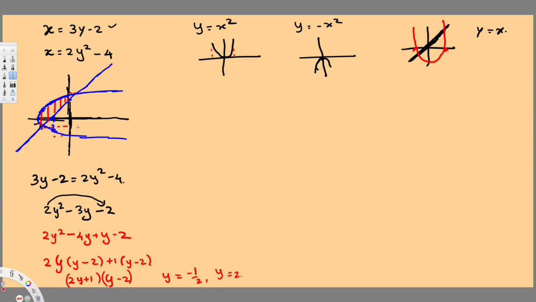So here this is going to be the minus half since it's on the negative y-axis, and here we are going to have 2, right? So we have minus half and 2. So these are going to be the limits of integration. So let's go ahead and plug it into the equation, and we have to know what equation we are going to use. So when we had it in terms of y, we use